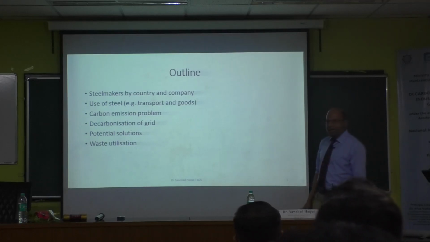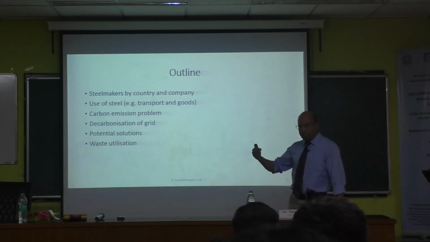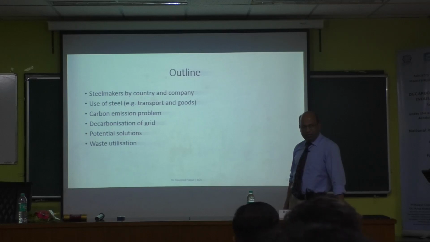By the way, any idea which metal in the world, in terms of volume or mass of production, is the highest? How many tons? It is 1.93 billion tons. So nearly 2 billion tons of steel is produced globally. That was last year's figure. As I said, when I started my career it was less than 1 billion tons, and in about a decade or so it became double.